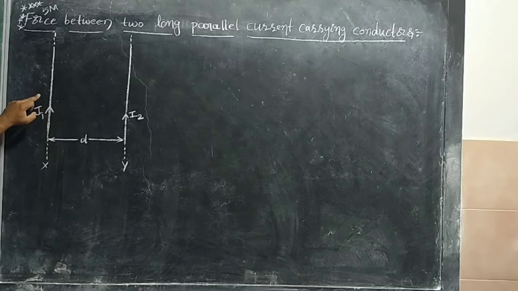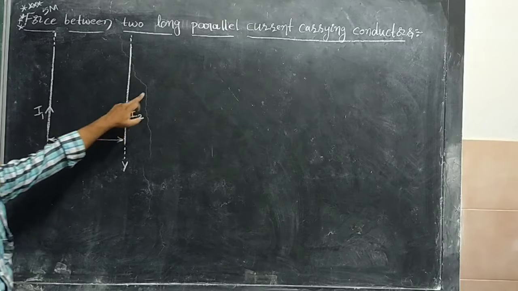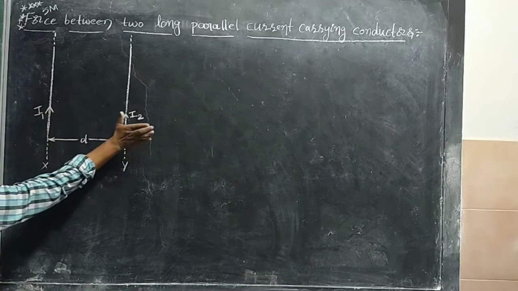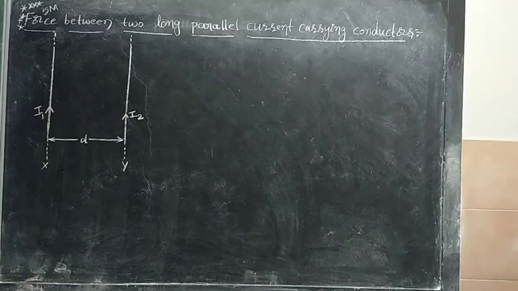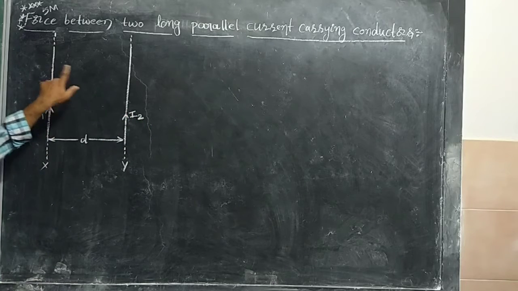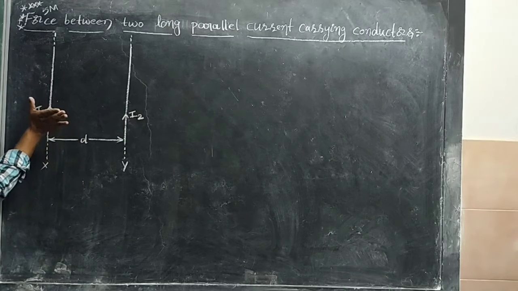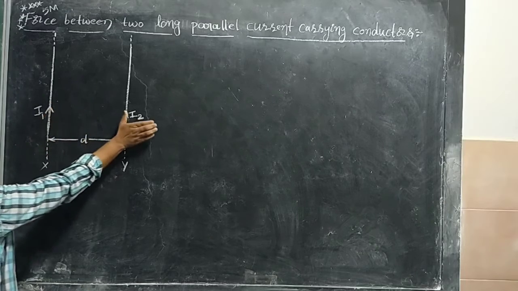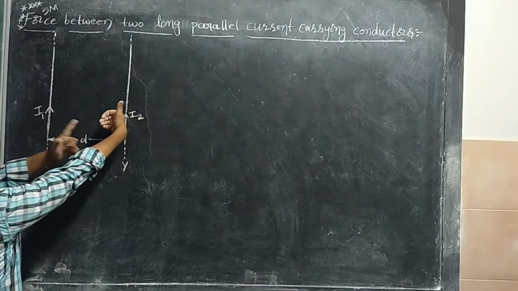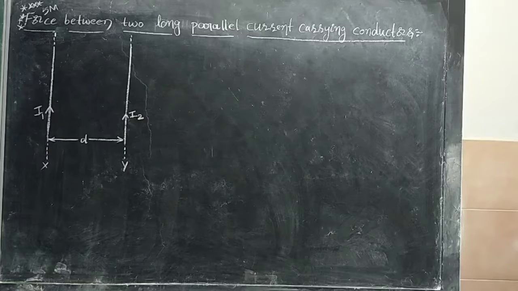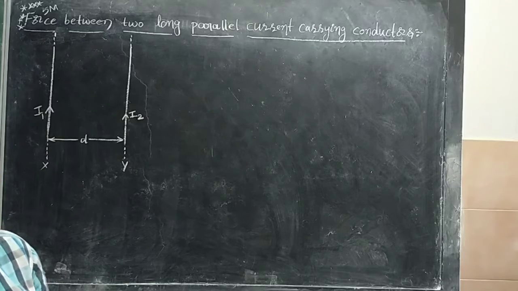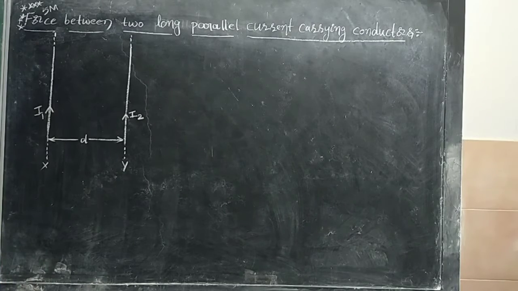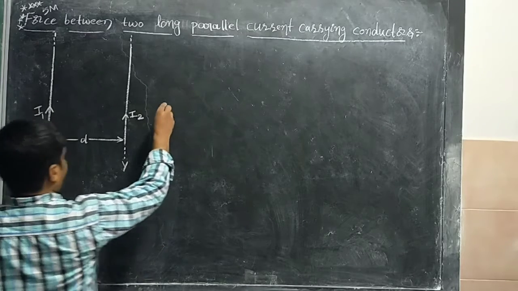Due to this current and this current, in this region the direction of the magnetic field is inward. But in between the two conductors, due to the first current carrying conductor the magnetic field direction is inward, and due to the second current carrying conductor the magnetic field direction is outward. But we don't want this one. What we want exactly, we will follow that. Now first, due to this first current carrying conductor,